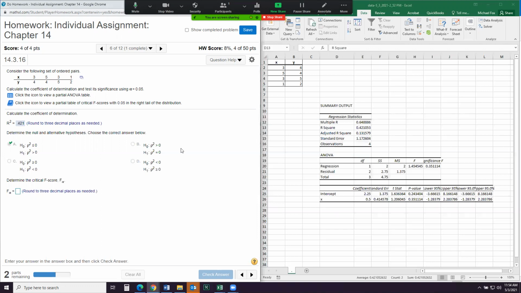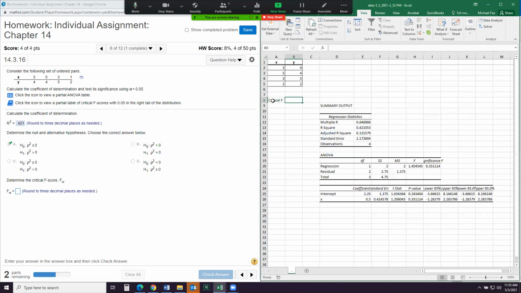So now it wants us to determine the critical F score. And so just like in the past where we've had normal distributions and T distributions, this is just another type of distribution called an F distribution. And the critical F score is just the F of alpha. So our alpha here is 0.05. So to find our critical F,